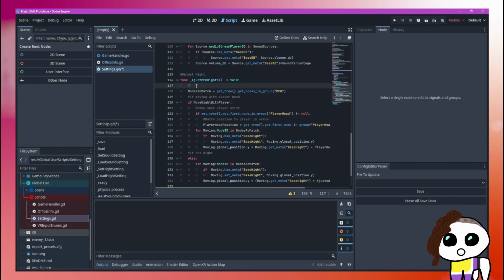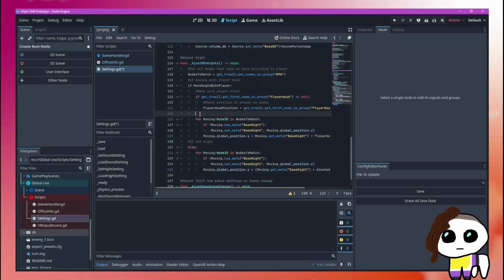To do get all nodes that need to move according to player. For all nodes moving with player set their base height